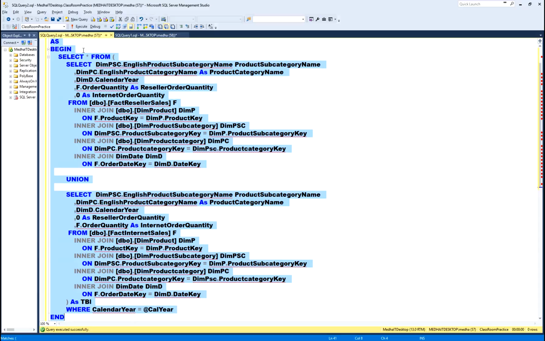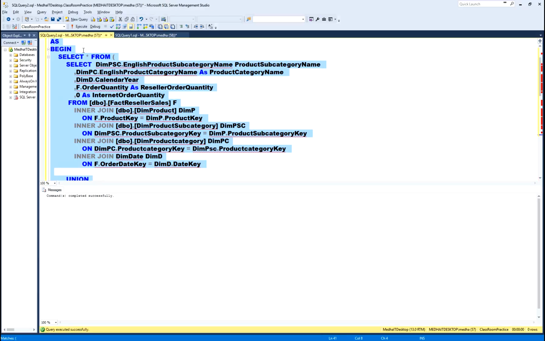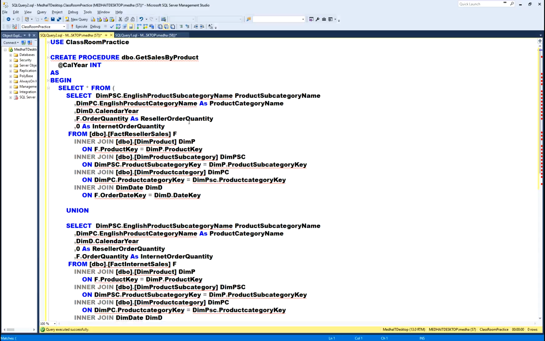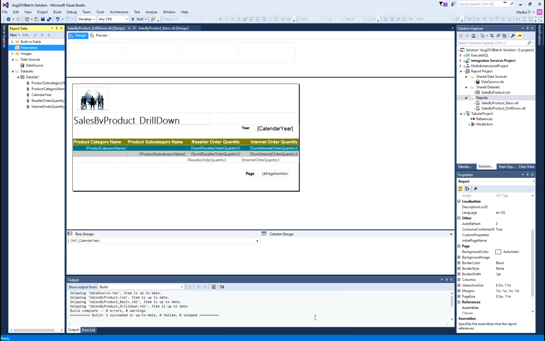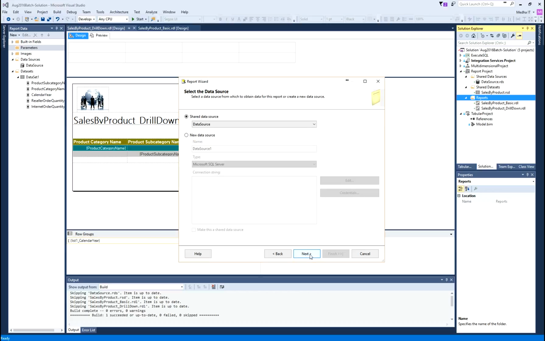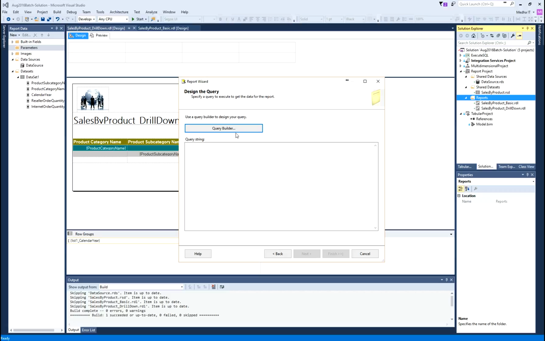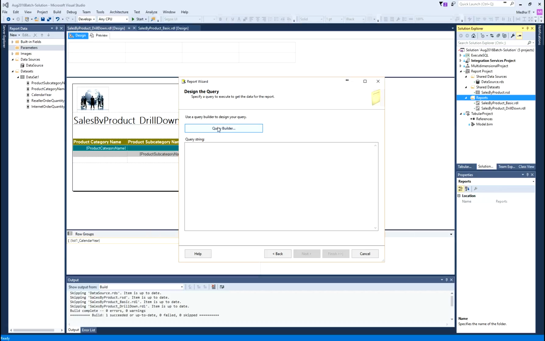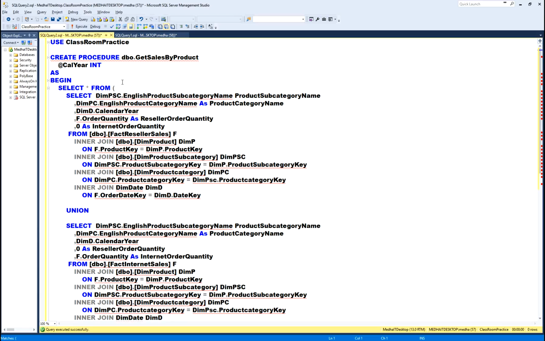So, with this example I want to show how we can use stored procedures in the data set. So far we saw only free flow text as a query. Now, I want to use a stored procedure. Okay. I will go back to my report and I will try to create a new report, add new report, next, same data source, and this time I want to build a query. I will cancel this for a second.